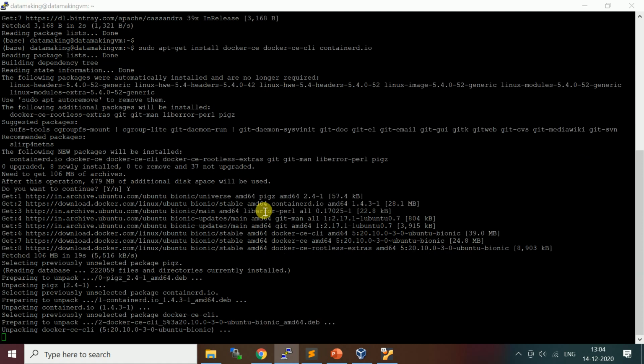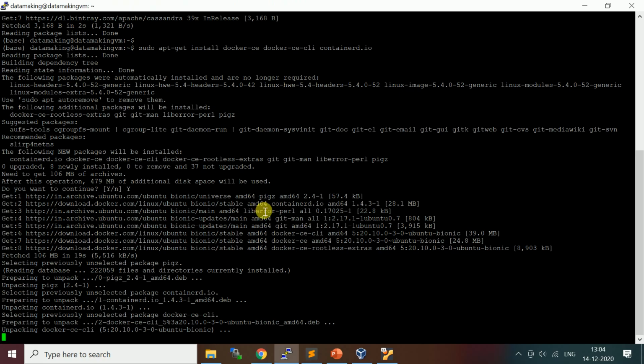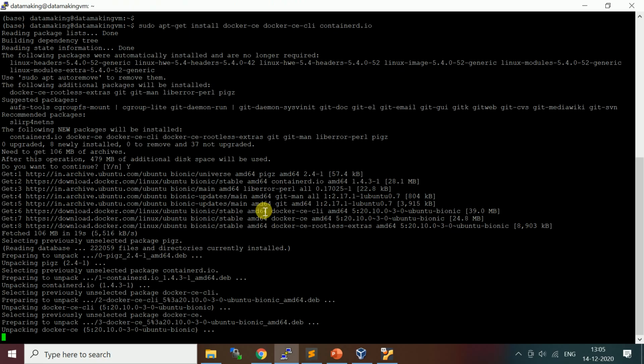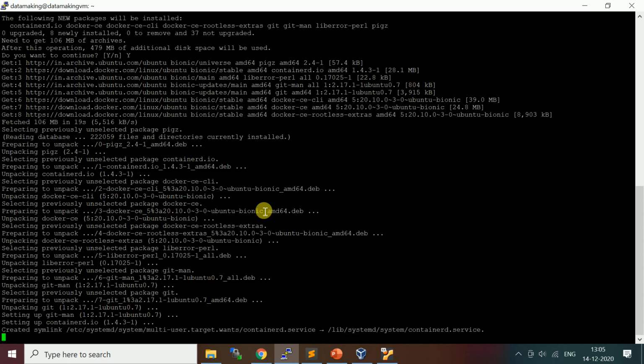Once this is installed, you can check the Docker version. Actually, we have something called Docker Hub, which is a Docker repository.